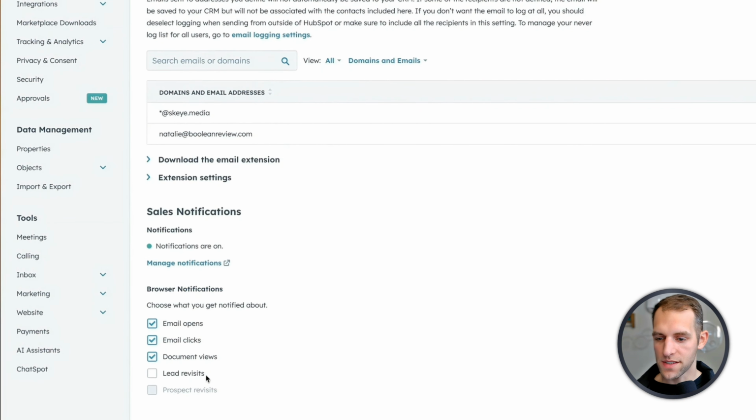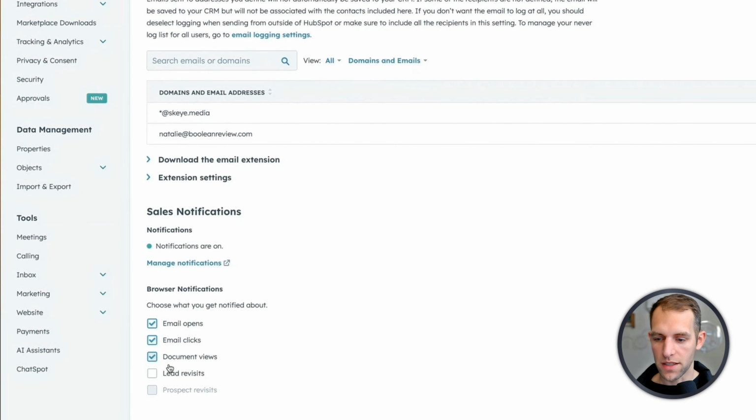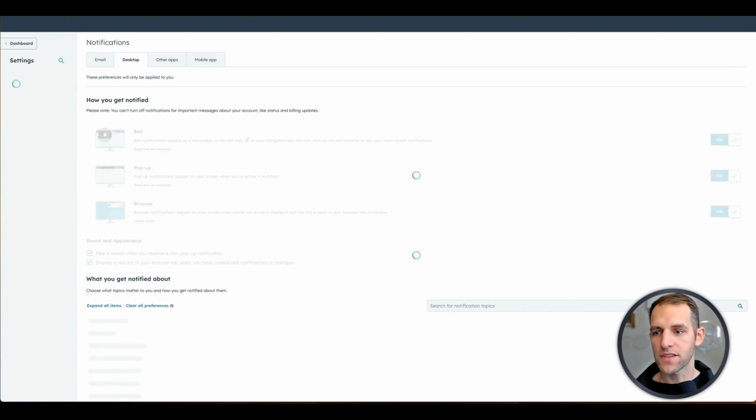And then this is going to say, browser notifications, choose what you get notified about. Email opens, email clicks, document views, lead revisits, prospect revisits. So you can turn on these different ones. These are kind of cool to be able to have. When you go to right here, you can see that it says manage notifications, and that's going to take you